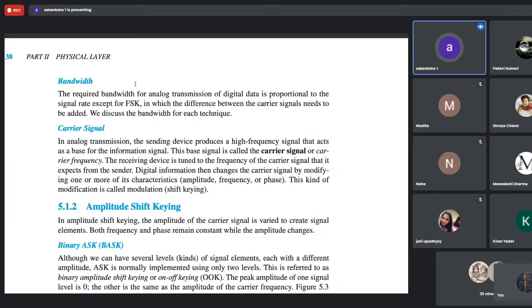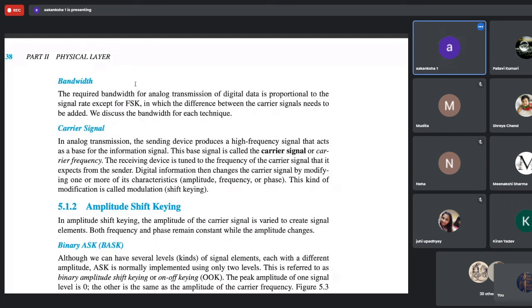So if you are having 95 FM, 95.0 megahertz or 95.2 or whatever it is, if any other X megahertz is there, then that high frequency signal will be received by the receiver only if it is tuned to that. So if we are expecting to receive a frequency from the sender and the sender is sending the signal at 98.3 megahertz, then only I'll be able to receive, and I'll be expecting 98.3 megahertz only. So the sender will be sending at 98.3 and I'll also be expecting the same, and I'll be tuned to 98.3 megahertz. Otherwise I will not be able to receive the signal sent by the sender. So that is carrier signal.